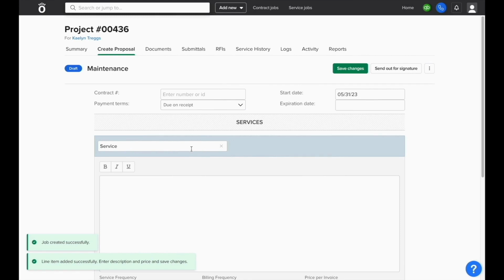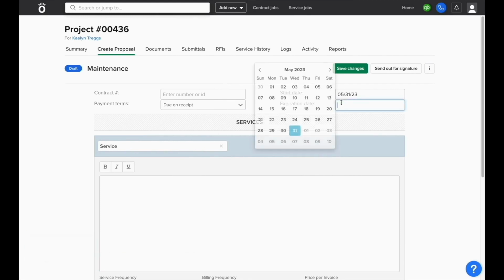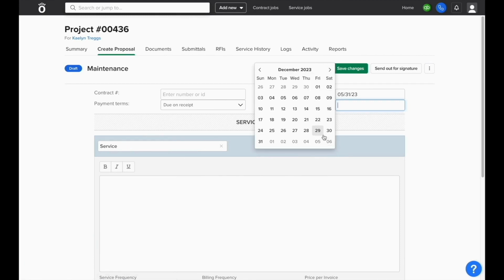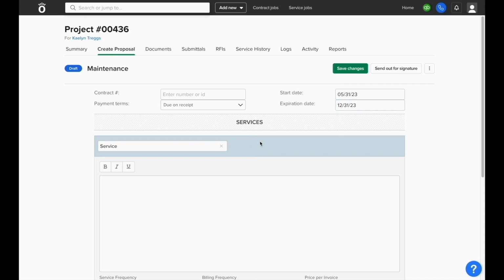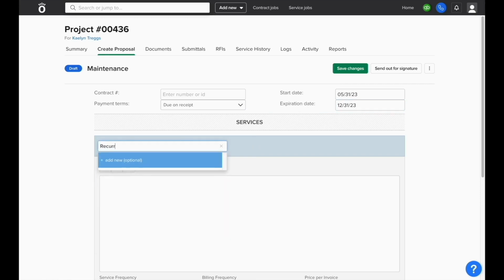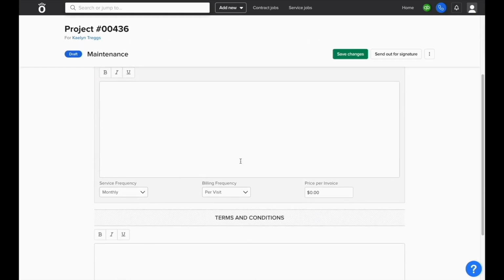Maintenance contracts allow you to create, manage, and schedule recurring appointments with customers and all of the corresponding billing associated with them. You'll want to enter the start and end date of the contract, and then you'll define what service you're providing. In this case, we'll just write recurring maintenance. Then you can enter a description of what you're performing with each service, and then you can define how frequently you perform this service so Knowify knows when it's time to remind you to schedule the next